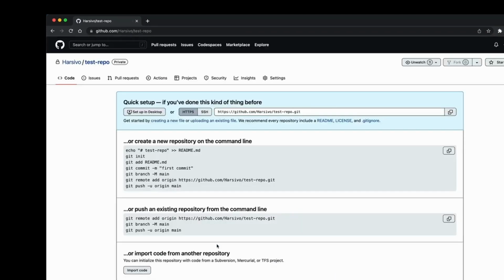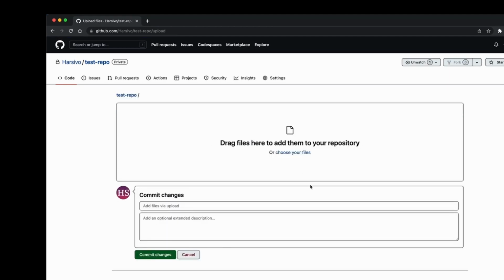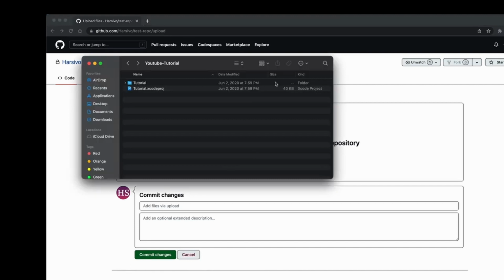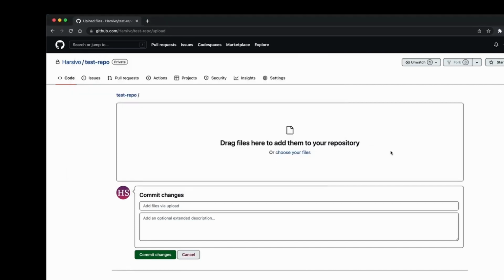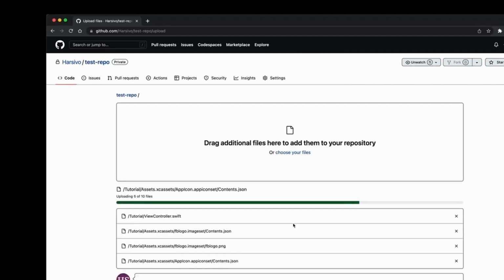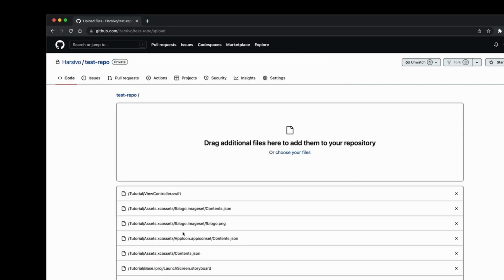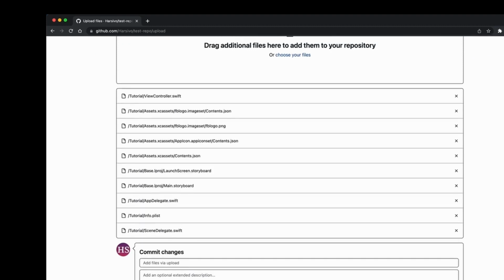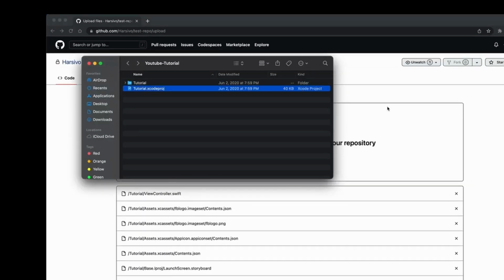So once the repository is created, you can either go to uploading existing files or create new files. The first way is to click on uploading existing files, and you can just open your project and drag and drop your project files over here. So let's say I have this project, I have created this project, and I can drag it over here. All the content of my folder would be uploaded over here, and then I can drag this file also over here,